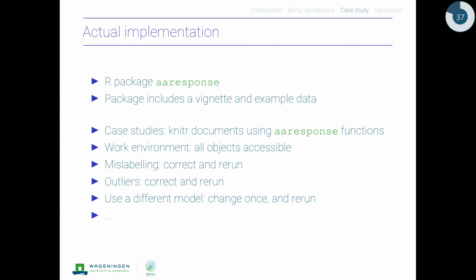And so there are a number of things that you can think of. The main point being that working in this way allows you to, at all time points, make the current state of affairs available to others as well. So we use this also in connection with the private Git repository.